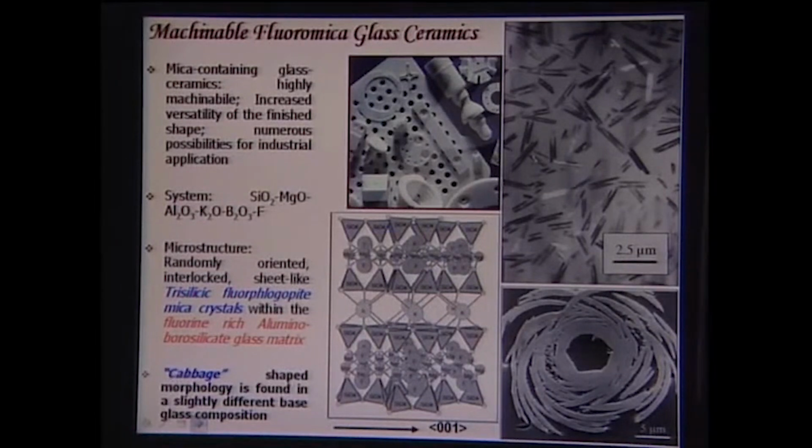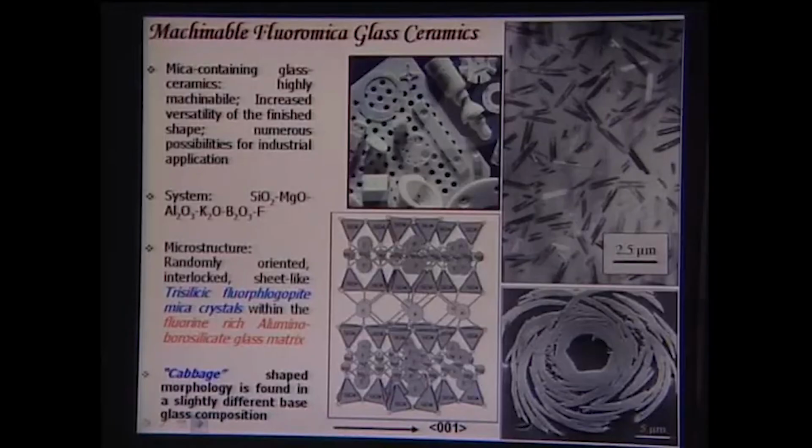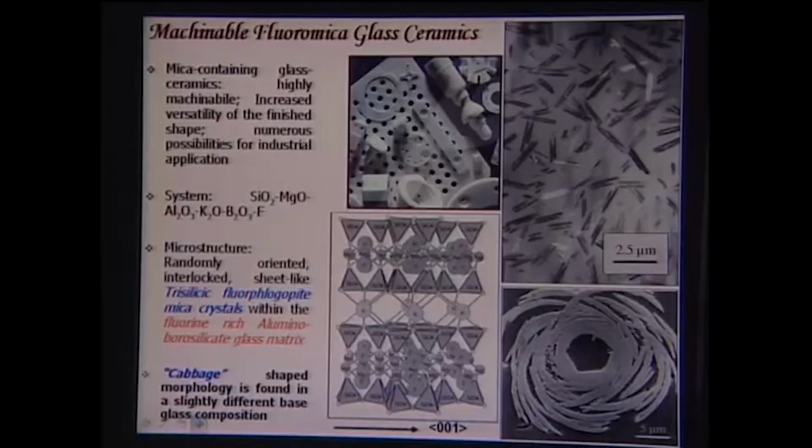Now, these glass ceramics have particular relevance for dental restorative applications, because these materials are largely machinable, whereas most ceramics are not machinable because they are extremely brittle in nature. Secondly, teeth are of different shapes. So, if the materials can be easily machined, then they can be given different complex shapes as desired for different types of tooth, and that is the reason why these materials have received much attention in the biomaterials